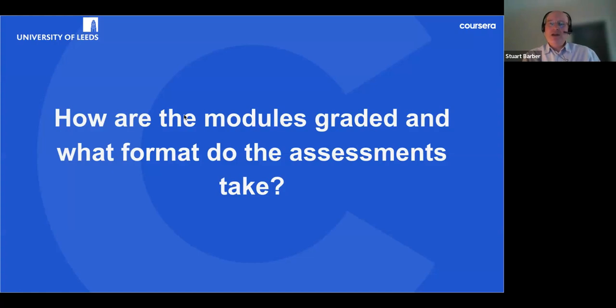There'll also be some tasks to complete every week to get feedback on. The week 3 and the week 7 ones are the ones that will then formally count to the grade for that module. And what format the assessments take, as I say, will vary depending on the needs of the subject. Obviously, in Programming for Data Science, it was very much focused around doing the programming. In the statistical methods, there'll be some mathematical exercises as you explore the underlying mathematical ideas and theories.